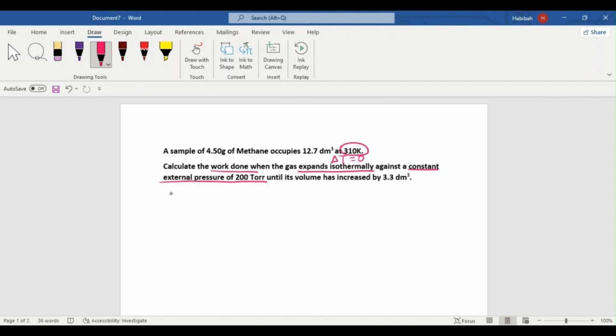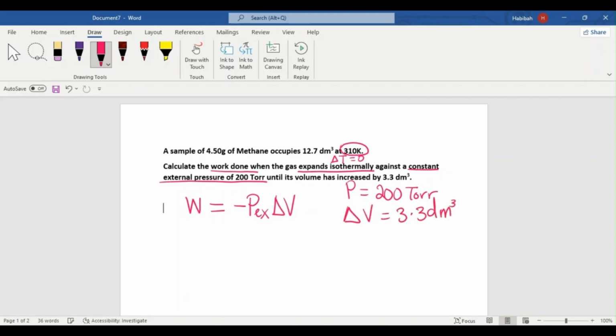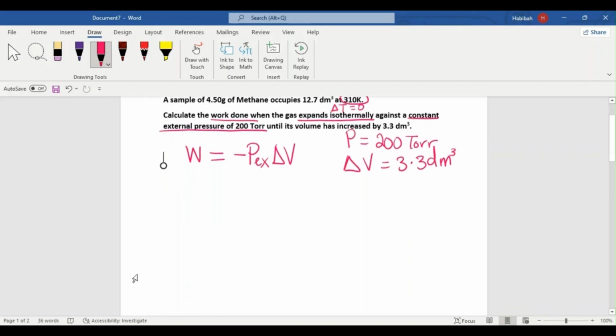Because this question is against a constant external pressure, we're going to use W equals negative P external times change in volume. So what we're really going to be focusing on in the parameters that we're given here would just be the fact that pressure is 200 torr and change in volume is 3.3 dm cubed. So we're going to just input all of that information inside this. But the issue with this is that